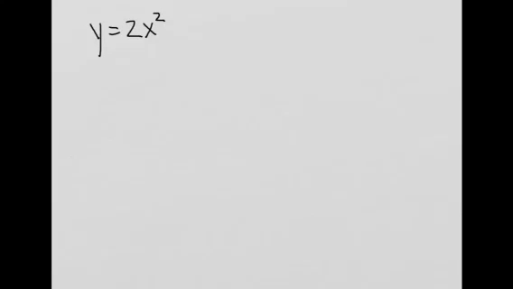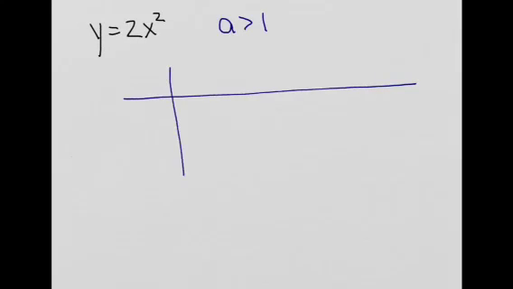In this video, we're going to start playing with the values of a to see what happens to the parabola. We're going to start out plotting y equals 2x squared. Our basic parabola has an a of 1, and so this will be an example of what happens when a is greater than 1. As before, we're going to start out with a table, and I'm going to make it